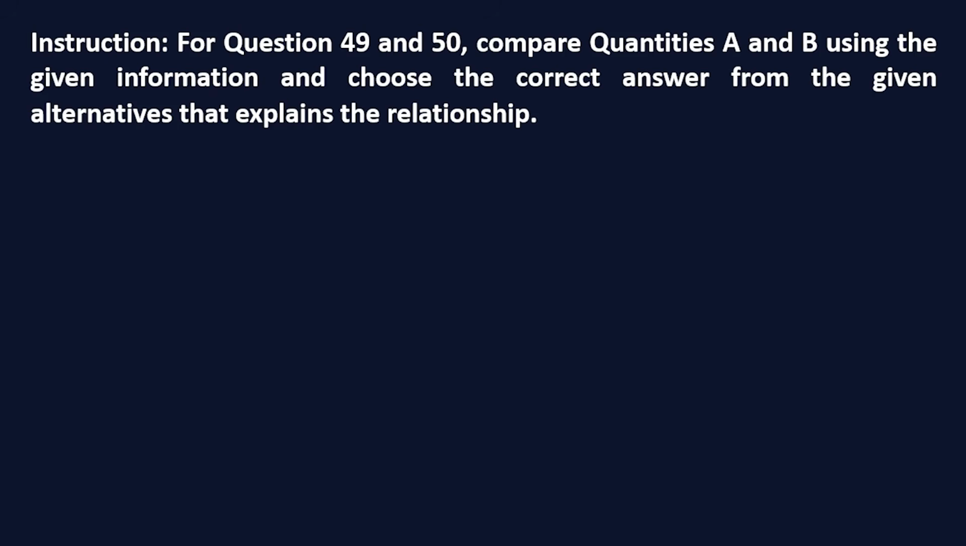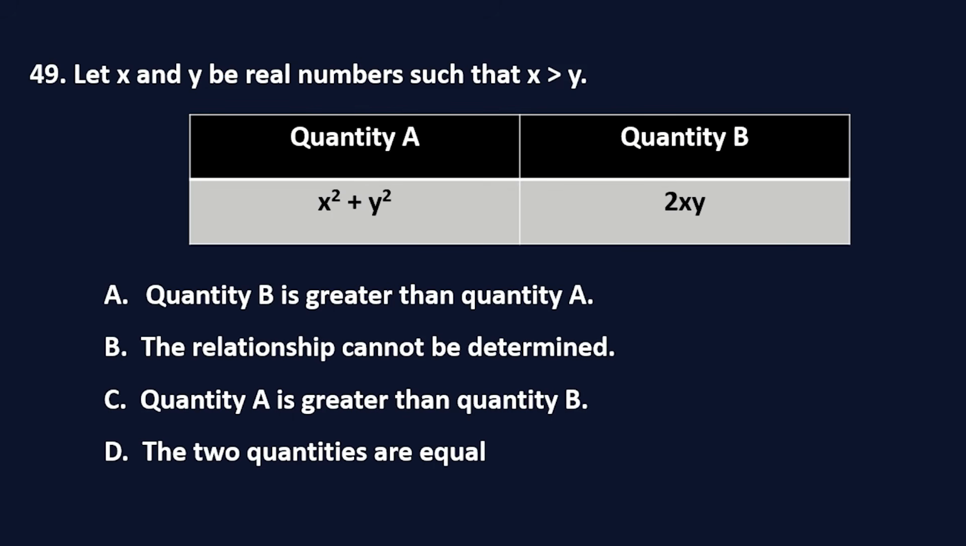ወደ 49ኛውና 50ኛው ጋር ስንመጣ ኳንቲቲ ነው ኮምፔር የምናደርገው። We will have different information about the quantity a and b. So እነዛ ጥያቄዎች ምን እንደሚመስሉ እዚህ በቴብል ፎርም ተቀምጧል። So 49ኛው ጥያቄ ምንድነው የሚለው? Let x and y be real numbers such that x is greater than y. Then quantity a ምን ይዟል? x square plus y square ን ይዟል። Okay quantity b ደግሞ 2 times xy ን ይዟል።